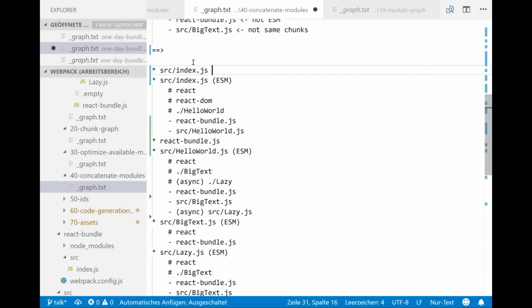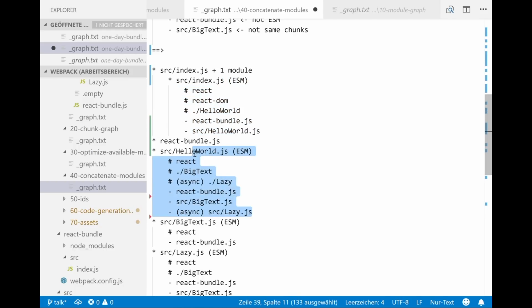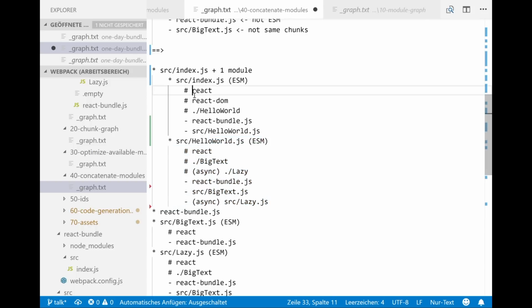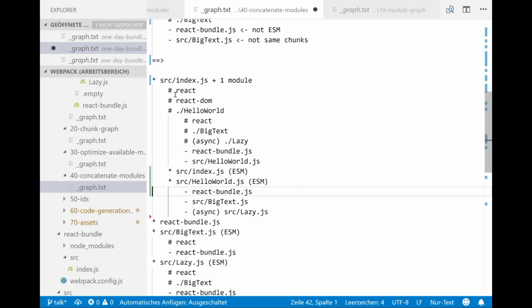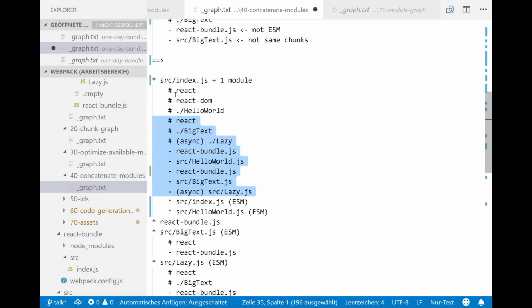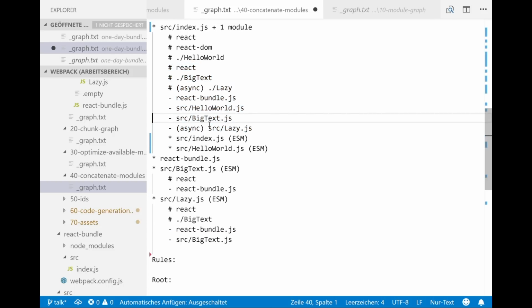Webpack usually gives it the name plus one module, and puts this one into the group and also this one into the group. And scope hoisting also means to hoist all imports, all dependencies, and all dependencies of the graph into these modules. And we can delete duplicates. So we're done with a new module graph and a scope hoisted module.